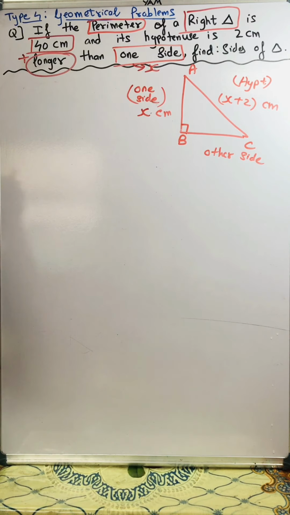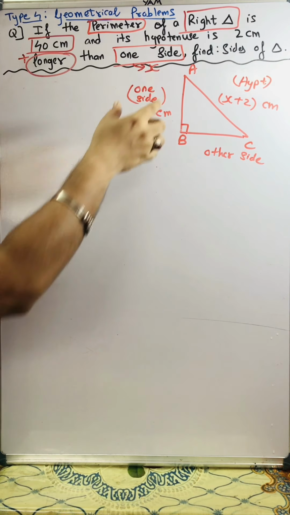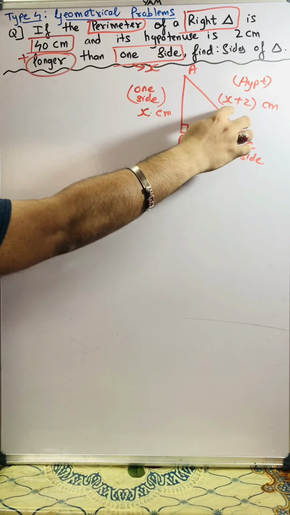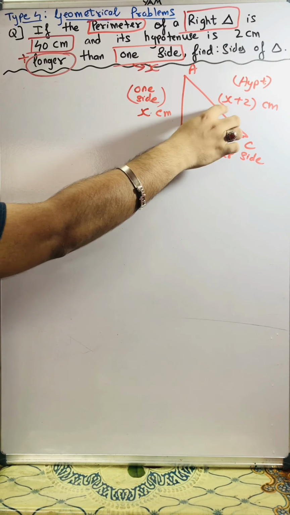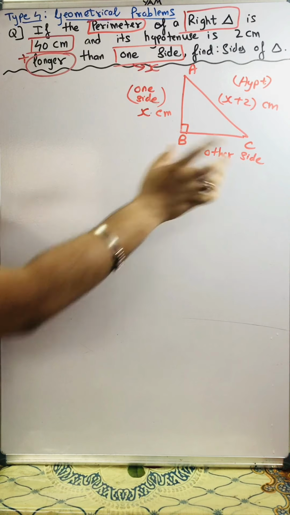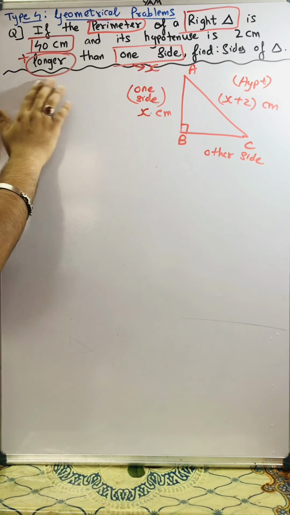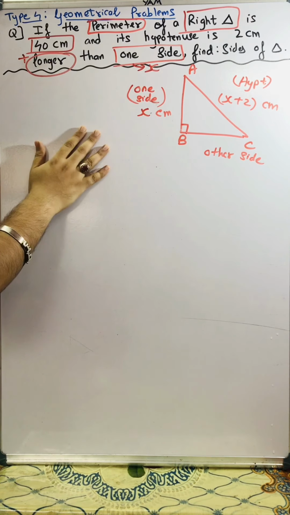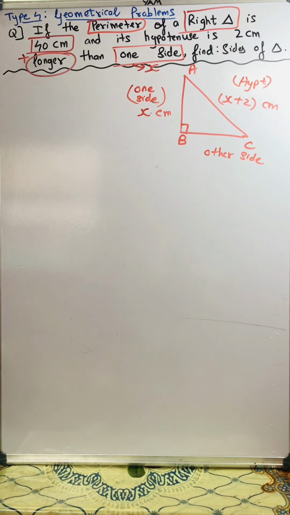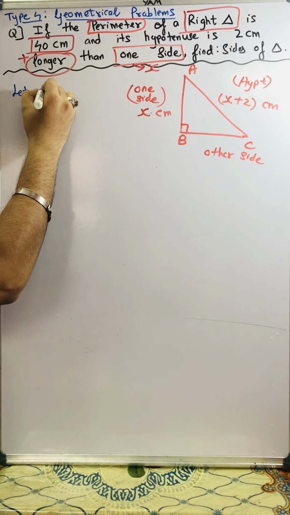So first of all, what we understood up till here is that we suppose let the value of AB be x. So hypotenuse AC will become x plus 2, as it's 2 centimeter longer. Yet up till now we don't have any idea about side BC. Okay, let's first write whatever we have assumed. See here, I'll write over here. Let one side,